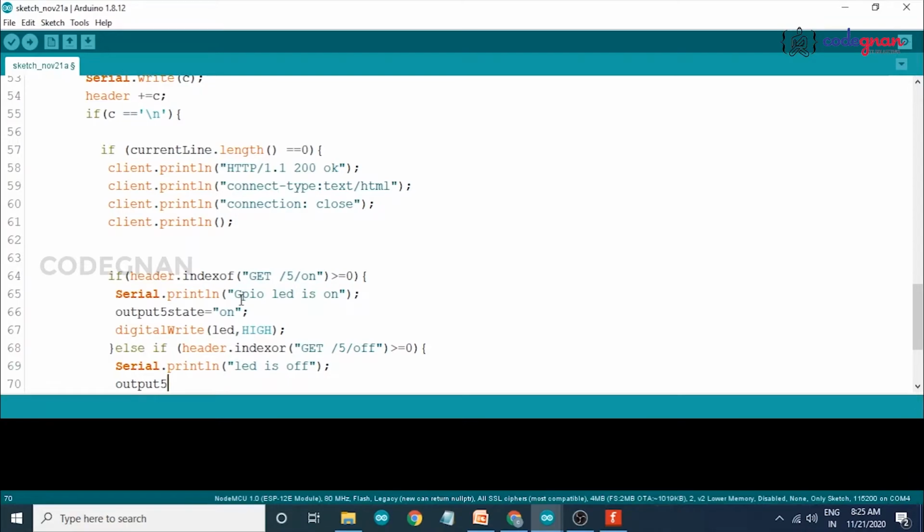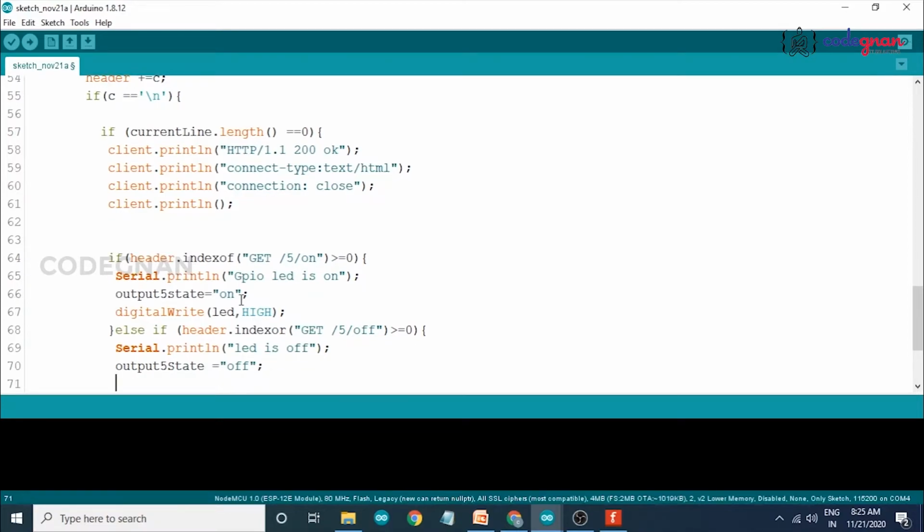Output5State equals to off. Now we have to turn off our LED, so that digitalWrite LED comma LOW.